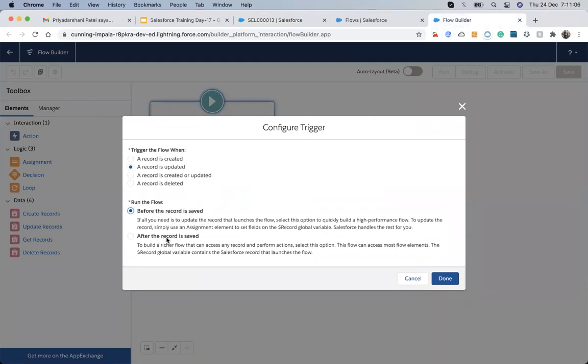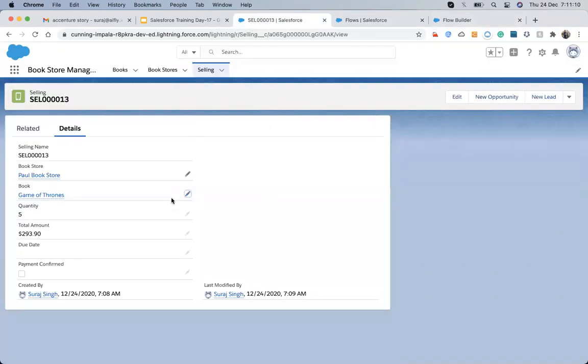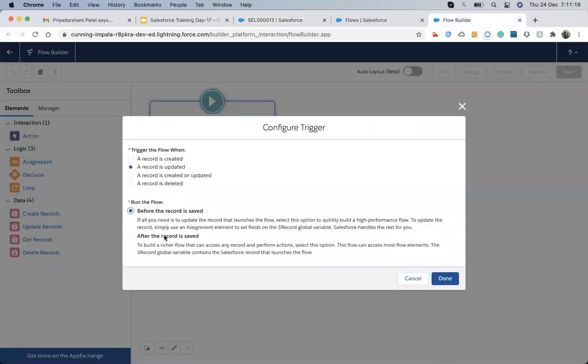And whenever we have a requirement, for example on changing this I want to update its parent or child record, any record apart from the self record, then we will use the after trigger, after record is saved.